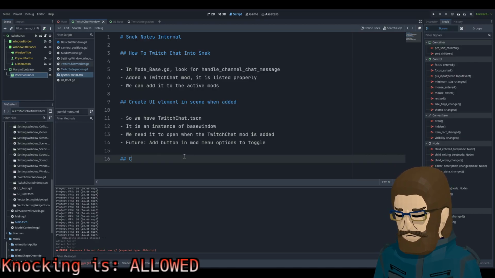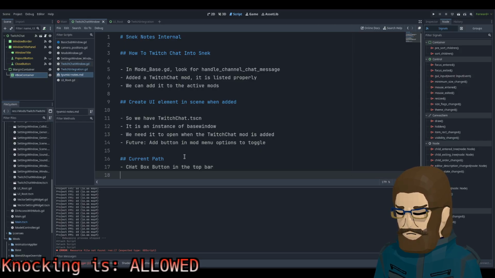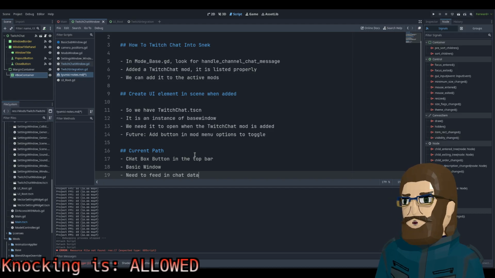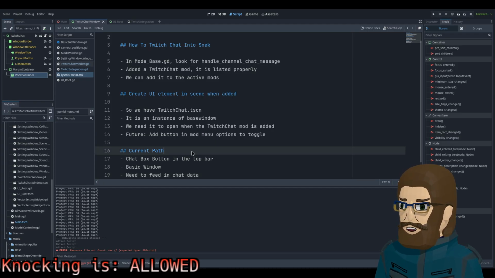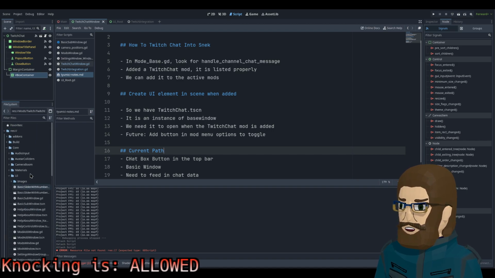So we have a current path. Okay. So getting it. Getting it. So we can't extend mod base because we're already extending one thing. Right?